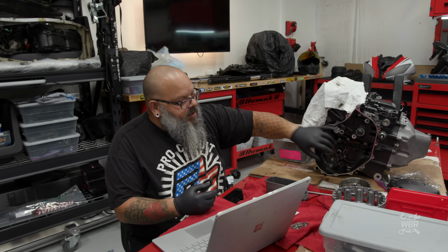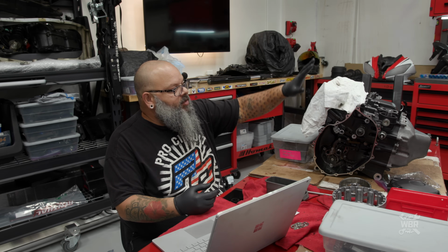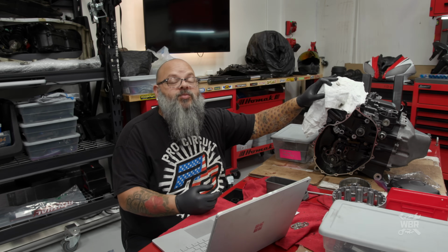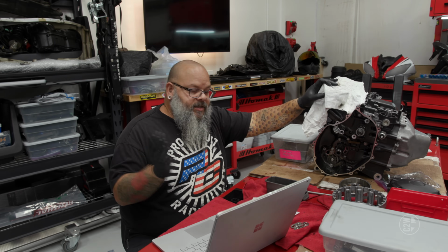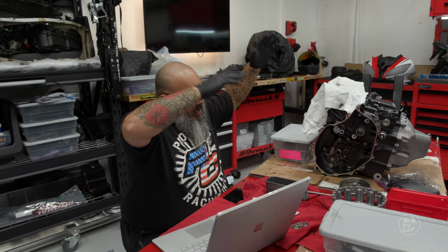This is the gear that runs the cam chain. All that stuff is going to get installed at this time, and we're going to get everything prepped to get the cylinder head on. And then once the cylinder head is on, we can time and drop the cams in, and once the cams are in, the engine is pretty much assembled. So that's the plan for today. Install all the accessories, cylinder head, time the camshafts, drop them in, and be done with the mass of the exterior part